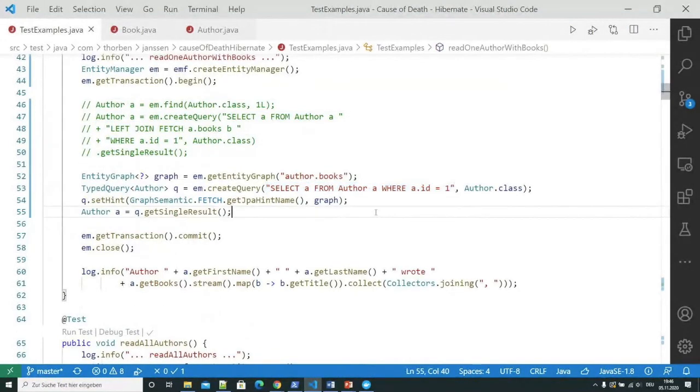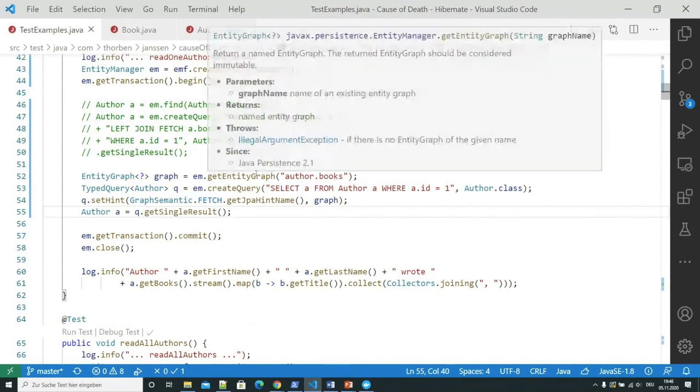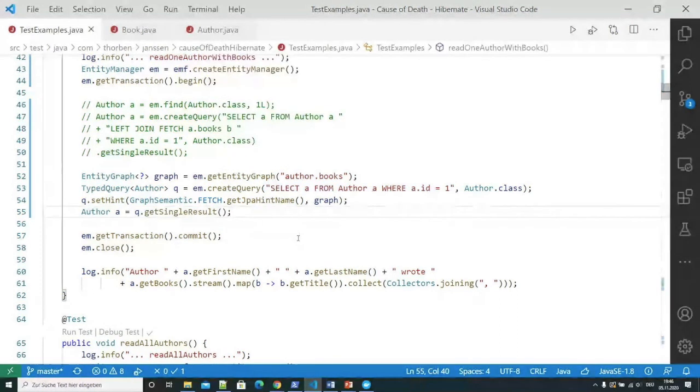That on one hand enables us to execute the same query with multiple graph definitions, which can be nice if we actually need it, but at the same time, it also makes it a little bit harder to read and to find out what we are actually fetching when we call the get single result method here. So if I have this code block, then I exactly know what's going on.